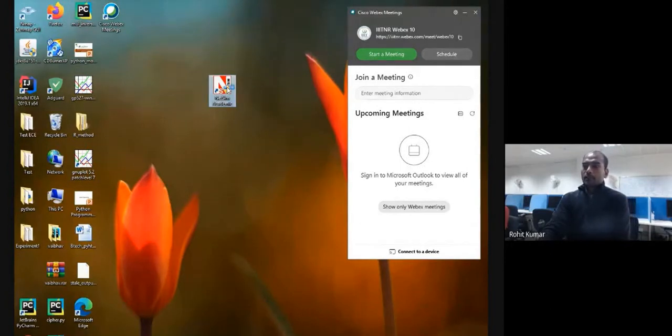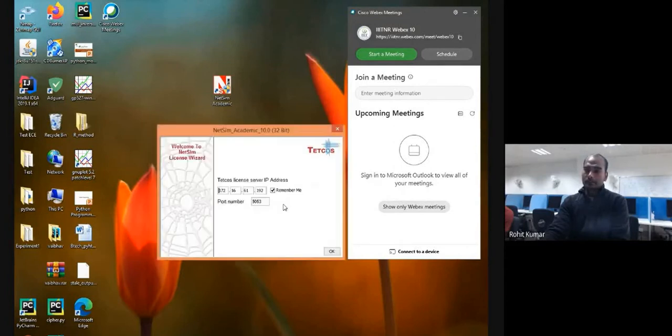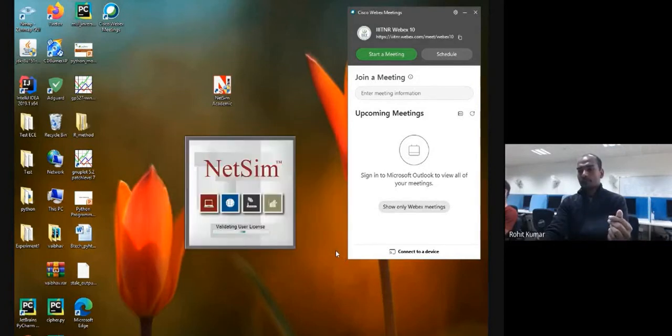So you double click this particular icon. It will ask for permission, give the permission, and it will open up in a grid pattern. Before opening, it will ask for the IP and the port number. This IP is the server registration that is already done with respect to the server IP. Here our IP is this one, with port number 5053 running. So just simply click OK and it will open up.